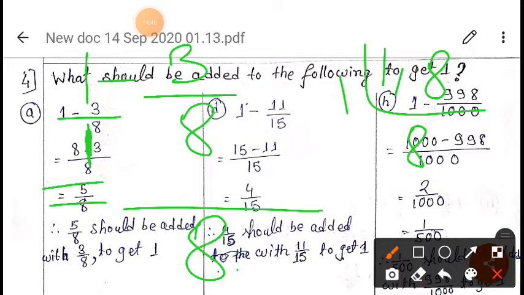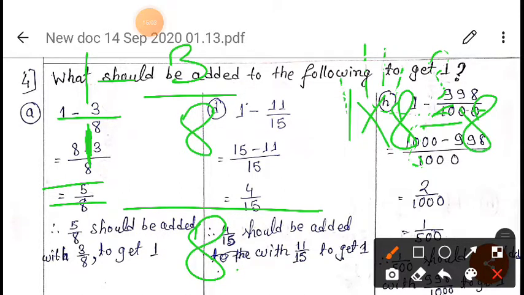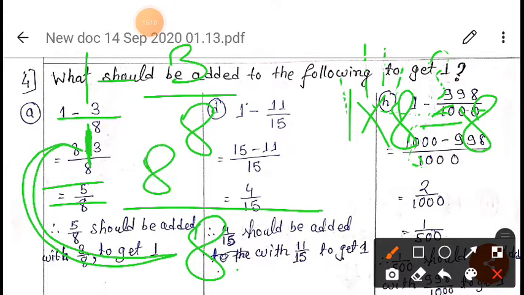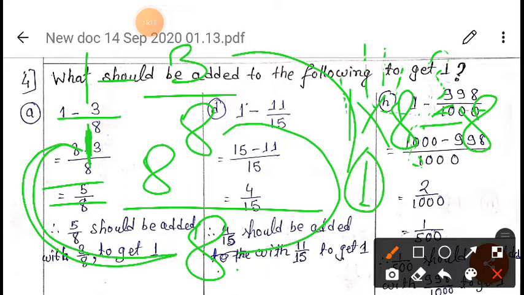So in the multiple of 8, 1 into 8 is 8, right? What you can write, 1 into 8 is equal to 8. So in the multiple of 8, 8 comes in 8, so we will write here 8. After that, 8 into 1 is 8, so this one will be multiplied with this 3, so we will get here minus 3. So now next, 8 minus 3 is 5. 5 by 8 we will write here, right?